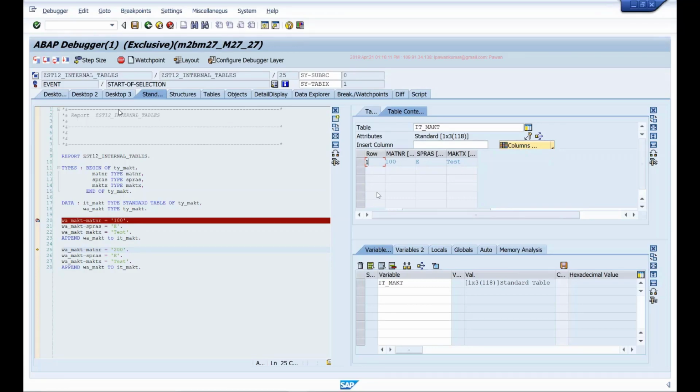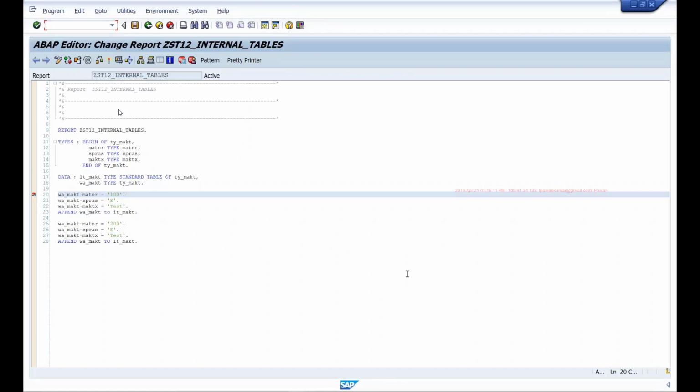So there's some linear index that is generated for the table. In debug mode it shows for every table, but internally the standard table has an index.